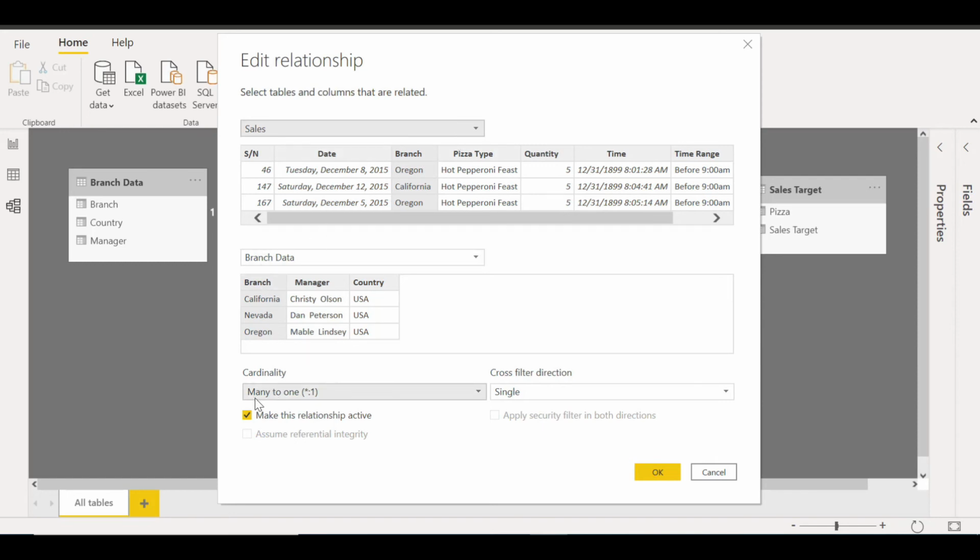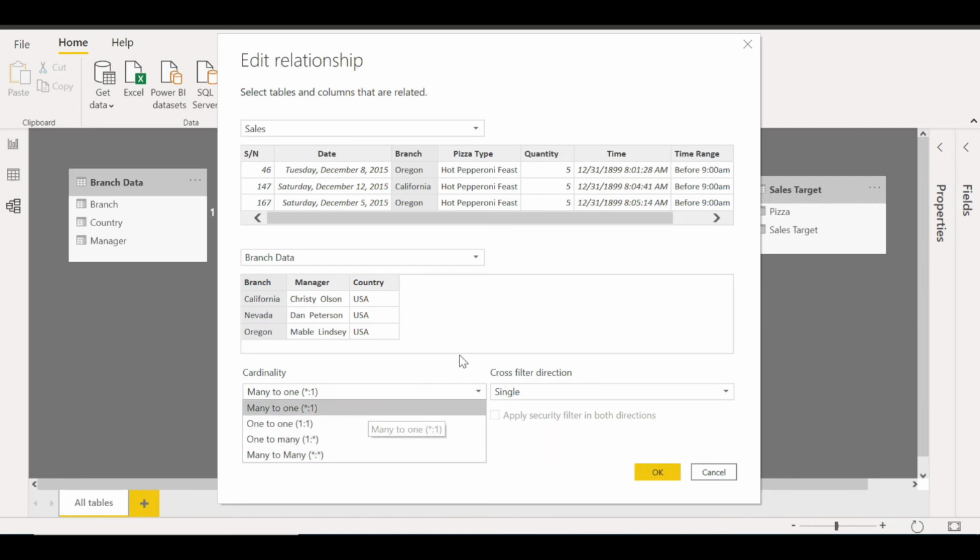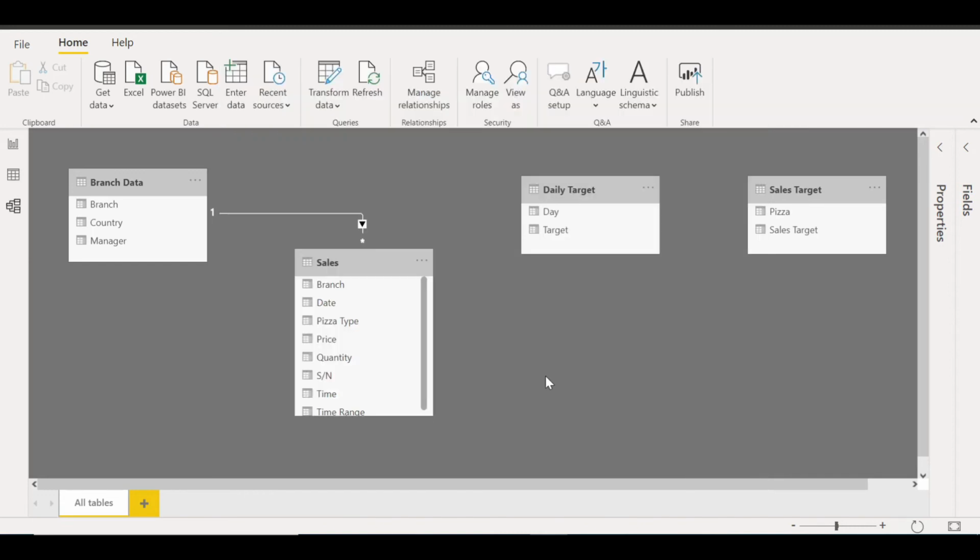And the cardinality for this is many to one. So you can change the cardinality by scrolling down and selecting any of the cardinality. So this cardinality has been automatically detected and mostly it is accurate. So I'm just not going to do anything over here. Click on OK. But now you can see in sales target we have pizza and in sales we have pizza